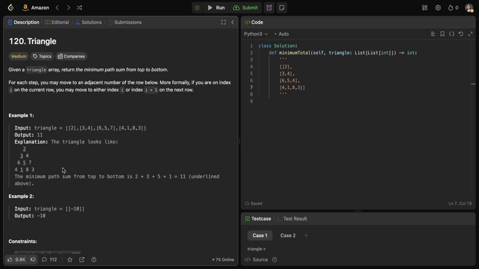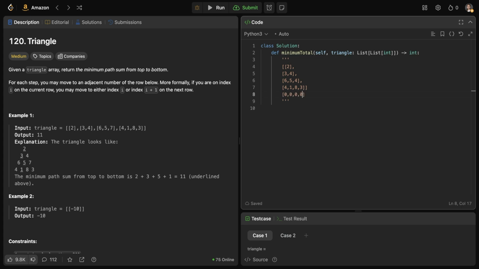That would be your base case. You start from a row and just presume that there is also a row below this which has 5 elements which are all 0. So that's your base case here. Then recursively you go upwards. From 0, 0, 0, 0, of course the minimum would be 0. Then you go up. And since you are only interested in the ith and i plus 1th term for every subsequent row, you have to move in a tree fashion only.